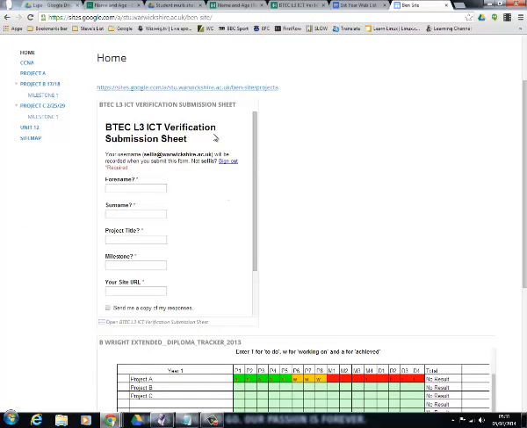I'm just going to put in some of my favourite words, and then my project name, so the projects are on the left hand side here,